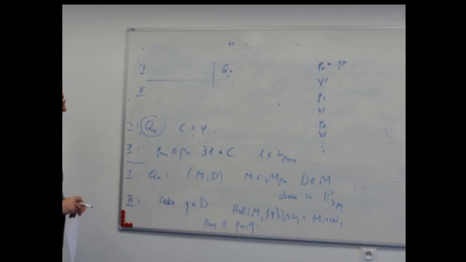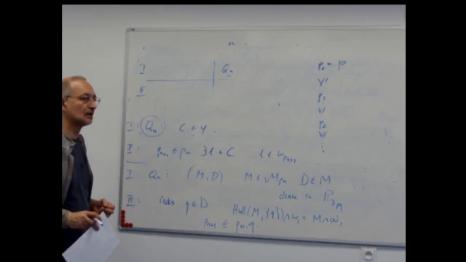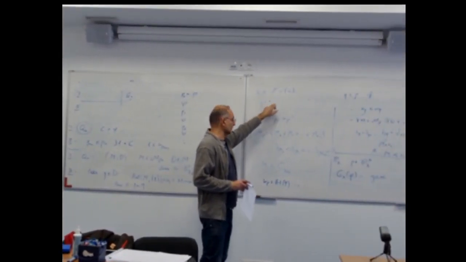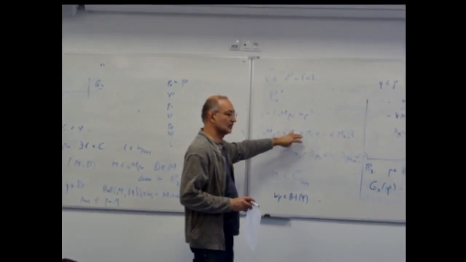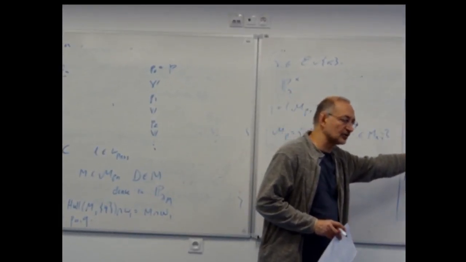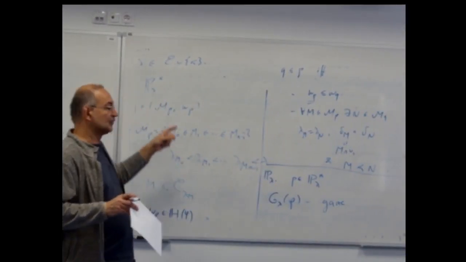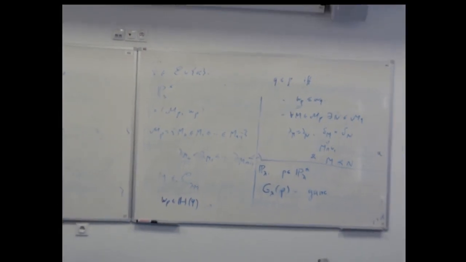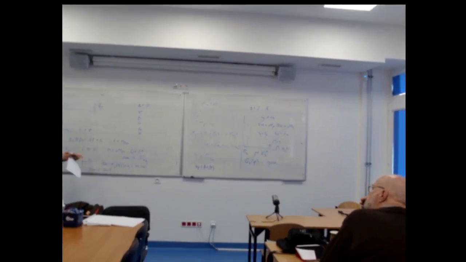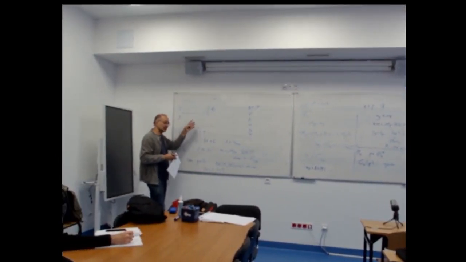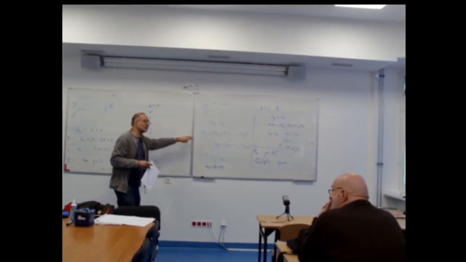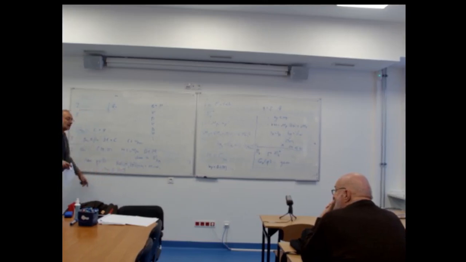Stronger in which order? In the P lambda star order. I defined the poset and I defined the order, but we don't use the full poset. The order stays the same, but we don't use all conditions. We use only those which are good, in which player 2 can win the game. But the game is played in order to define the game. You play conditions in P lambda star.